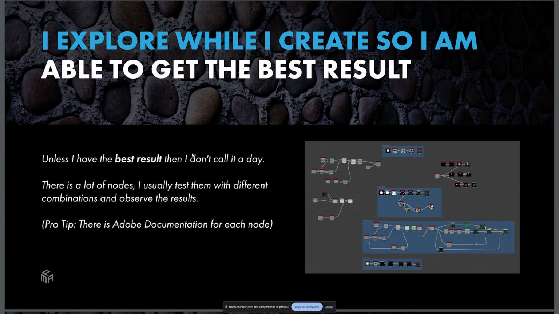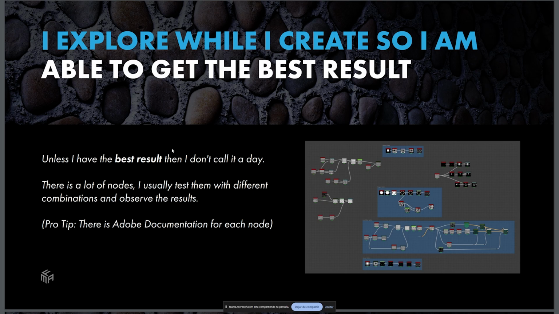Now, this is another tip I wanted to share with you because something I really see a lot in my students and in many other artists is that they are afraid of exploring. They think that there's always one answer to all of our problems. If we want to make stones, there's just one right answer. If we want to do brick walls, there's only one right answer, and that's not true. Most of the things I've done aren't a copy of someone else's work, they are things that I created by inspiring myself in others and then doing exploration.